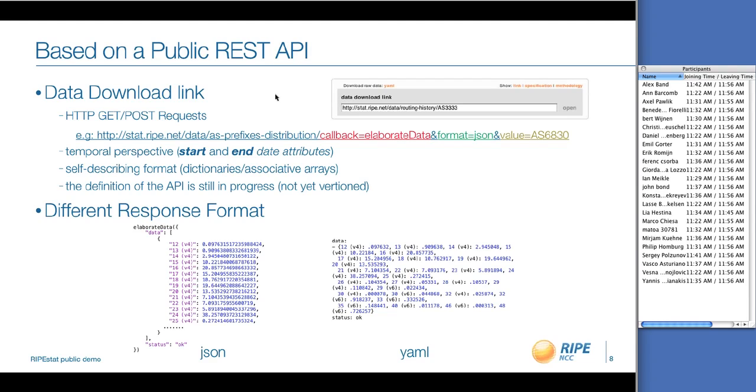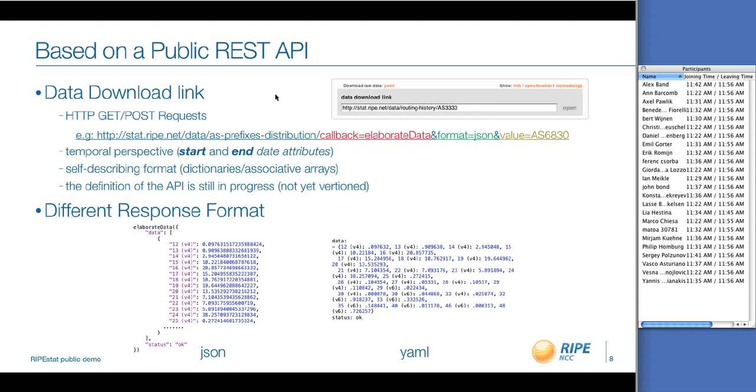Okay, well, the application is actually based on a public REST API. As you might already know, we also provide access to the raw data we are using to draw each of the views in the web application, so that you can eventually further process them. You can fetch them, process them for different uses. Of course, there is a difference between the data itself, the information hidden into the data, and the way we are presenting it. So if you don't like the way we show the information, and you want to use the information for different purposes, you can just fetch the data and do the magic that you want.